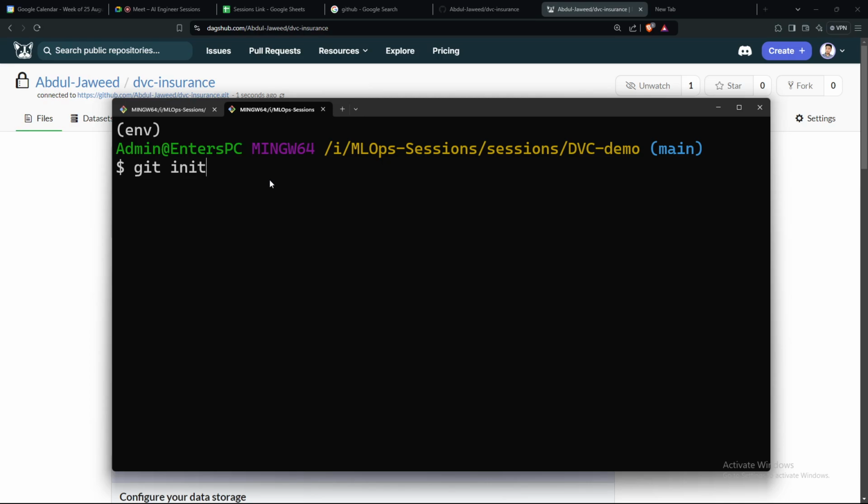In GitHub, first you have to initialize. You have to connect your GitHub repository to local. We have to initialize it. Same thing we have to do in DVC. After initializing the GitHub, we'll also have